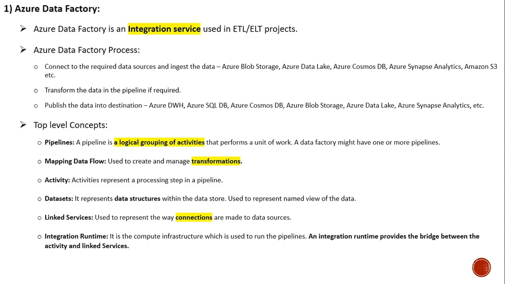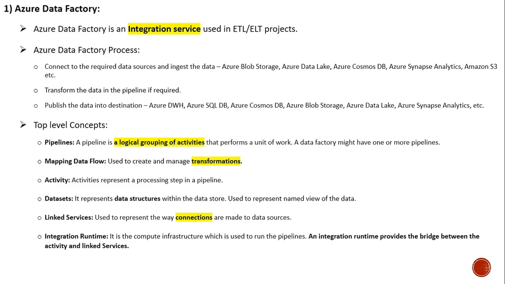The next we have is Azure Data Factory. Now Azure Data Factory is an integration service which is used in ETL projects, extract, transform, and load. This is the process which Azure Data Factory follows. So first of all, we connect to the required data sources, and then ingestion of data happens. For this, we have Azure Blob Storage, Data Lake, Cosmos DB, Synapse Analytics, and S3. So all these services can be our data sources. The next step is to transform the data in the pipeline, and then publish this data into the destination. So mostly in destination we have Azure Data Warehouse, Azure SQL database, Cosmos database, then blob storage, data lake, and